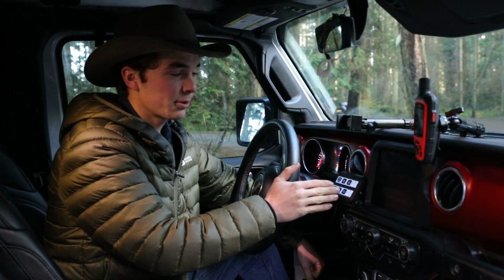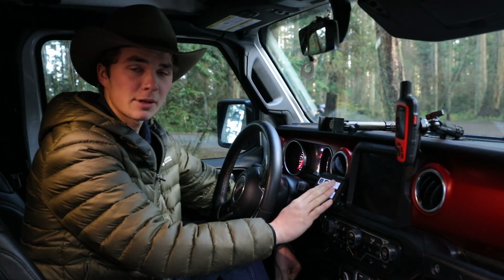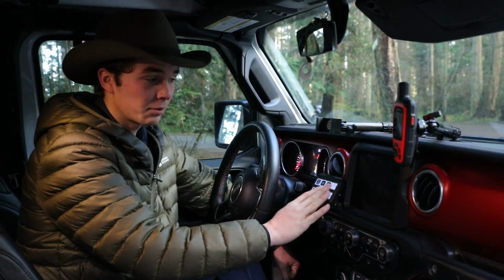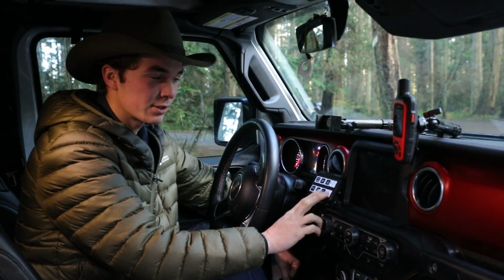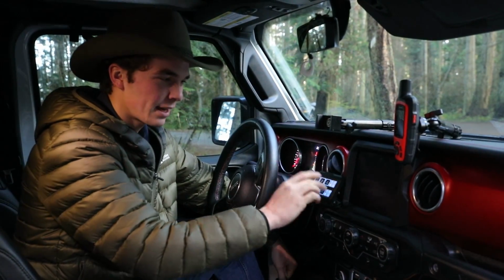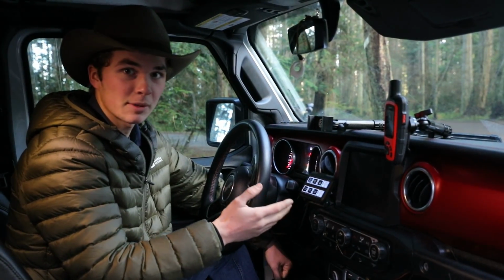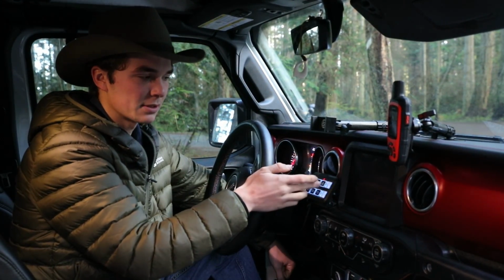All right, so right by the steering wheel here we have our S-Pod HD panel. So we've had the touchscreen panel, we have that in Vandy still. We really like that, but we chose the HD panel this time just because, in my opinion, it's more convenient than tapping a screen to turn on and then tapping on something. And the touch screen is good quality, but the HD panel just feels so easy to just click a